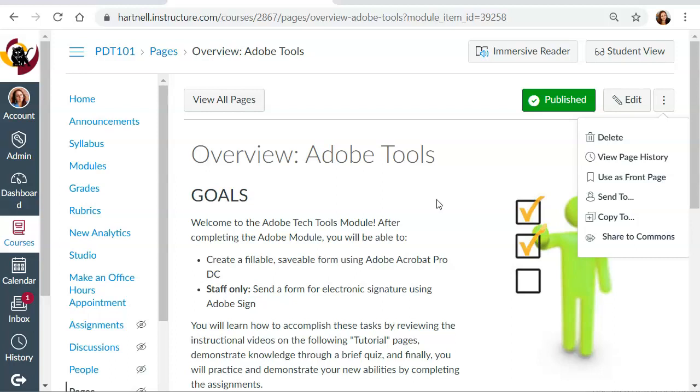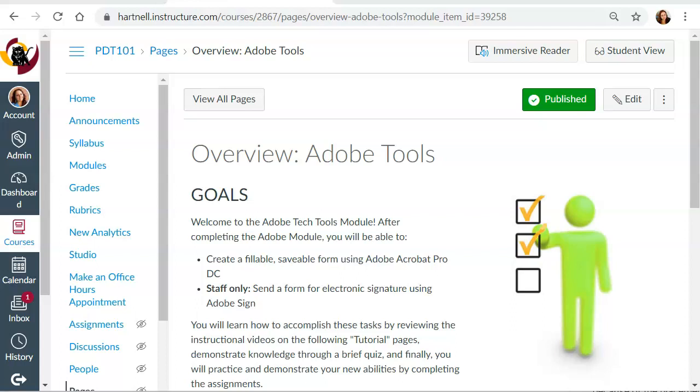Now there's one more piece here. If you have deleted something like a quiz question bank, for instance, that is not restorable content through that undelete feature. Now there's another way to do that. And again, it has to do with what we do to this URL. So there's another place that we can go to see things that are really, really very permanently deleted, like quiz question banks. Now this particular tip is really only for very advanced Canvas users. If you know that you're not a very advanced Canvas user, that's totally okay. Let me know as soon as possible that the content has been deleted and you can't recover it, and I will do this for you.